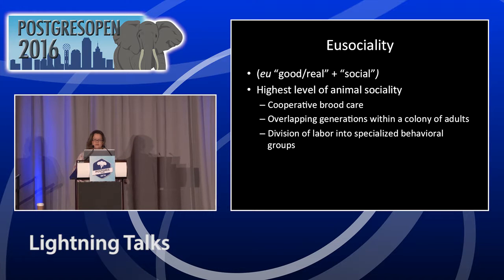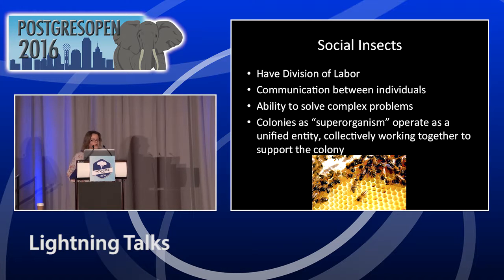If we look closer at this and think about social insects, they're really just amazing, fascinating organisms. They have division of labor. They have communication between the individuals. They have the ability to solve very complex problems. Often that has to do with reproduction, food, foraging, and such. And colonies are often viewed as a superorganism because they're actually operating as a whole, as a unified entity, working together to support